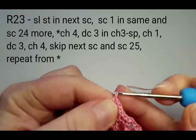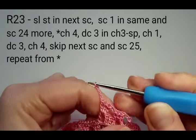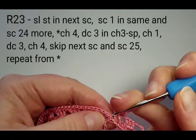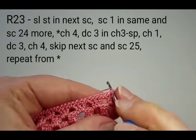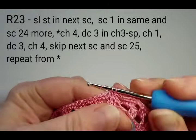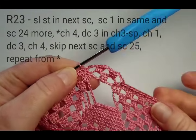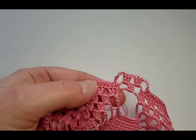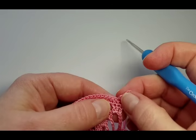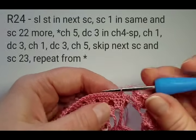chain 4, 2, 3, 4, skip the first single stitch here and single stitch into the next and make again 25 single stitches on this part, and then keep repeating this. And I finished round 23 with a slip stitch into the first single stitch, and we're going to repeat these